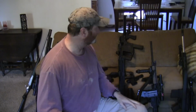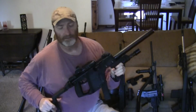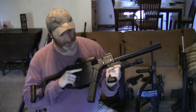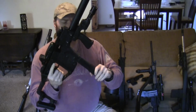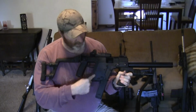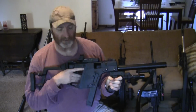One of the things we always have to worry about is when masses of zombies show up on us and we're in a close range fight. Here's an excellent tool for that. This is the Kriss Super V, and this is just an outstanding .45 ACP carbine. It has a capacity of 30 rounds. Because of the design of the gun, it has virtually no recoil whatsoever, and because the bolt actually follows along this large piece of the gun